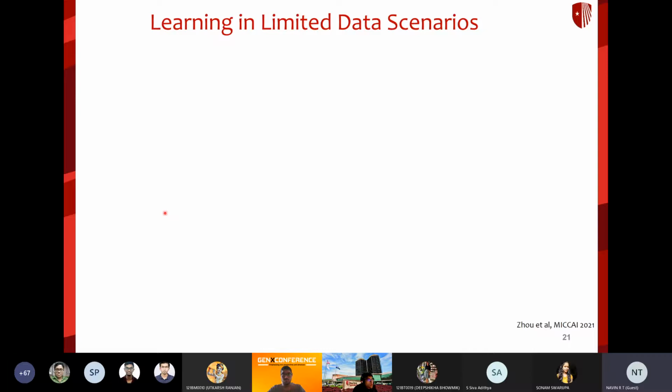So now, one big question when it comes to developing machine learning or, let's say, deep learning approaches in the field of medical sciences is dealing with limited data scenarios. When this pandemic started, obviously we did not have any idea about what a COVID image would look like. Gradually, images started flowing in from different places. First, they started coming in from places like China, where the pandemic first originated, and gradually we started seeing cases from other places in the world.